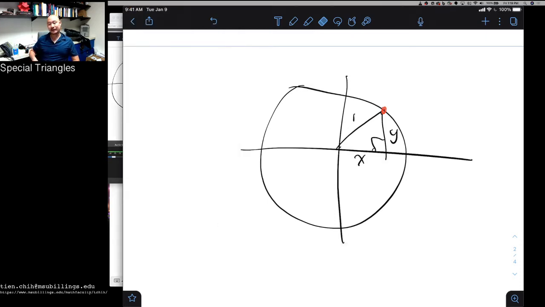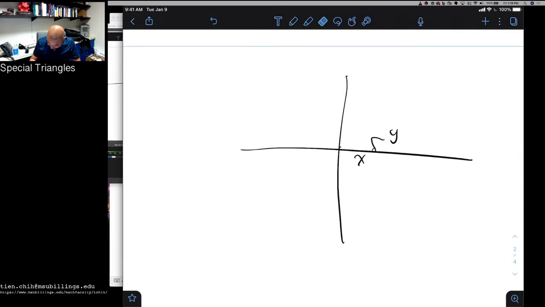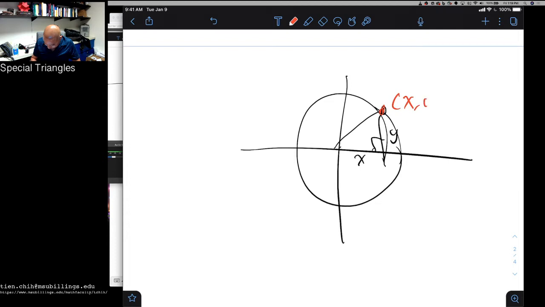Hi, so in a previous video we discussed this idea that if you had a unit circle, let's draw that again. Let's say you had a unit circle, and you're traversing along the edge of the circle. Then if I get across some point and I want to know what the XY coordinates are of that point,